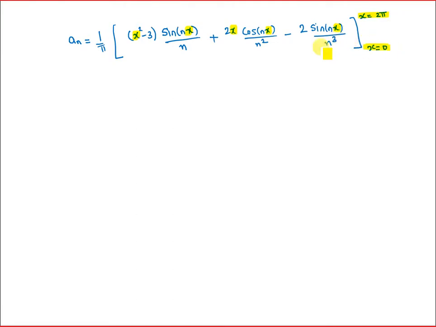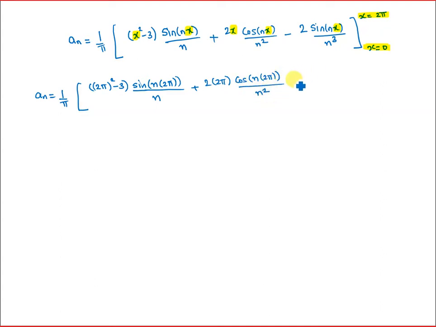So this gives you an is equal to 1 over pi [x squared, which is 2 pi squared] minus 3 sine of n times 2 pi divided by n plus 2 times 2 pi cosine of n times 2 pi over n squared minus 2 times sine of n times 2 pi over n power 3